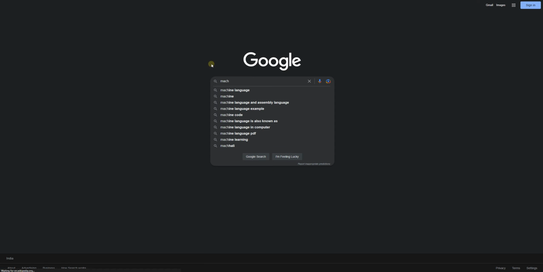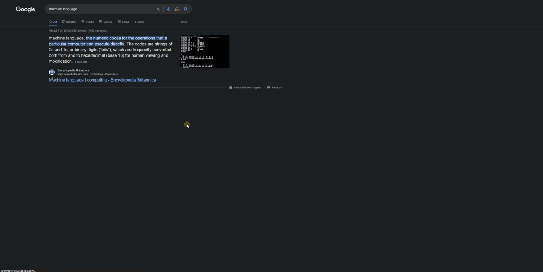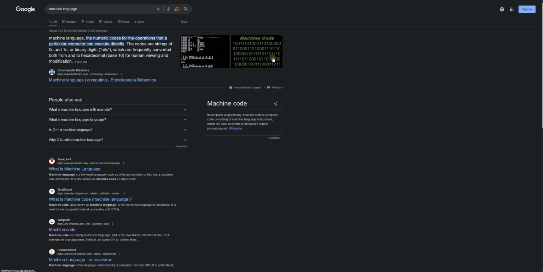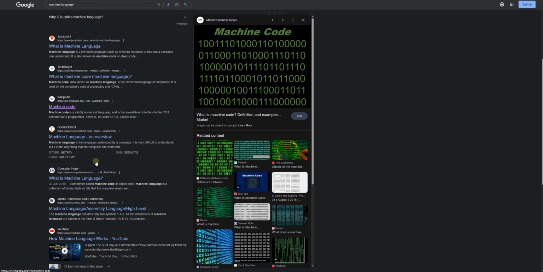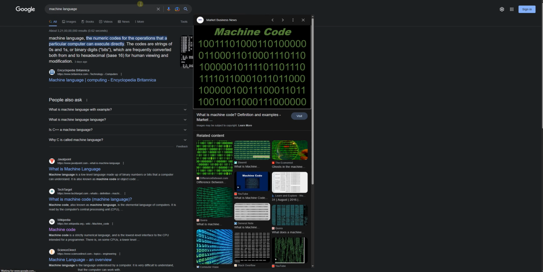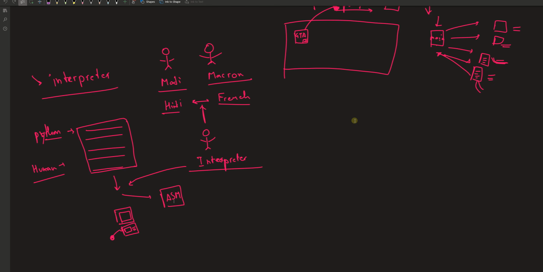Let me show you again. It's basically ones and zeros; it's going to look like this. This is what machine code is. Why 1 and 0? I have explained this concept before: the machine only understands high current and low current, high voltage and low voltage. That's 1 and 0. So everything you wrote is converted to these sequences, and these sequences are then stored in memory.